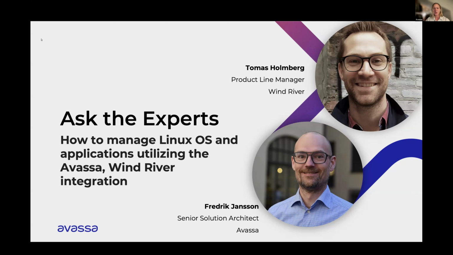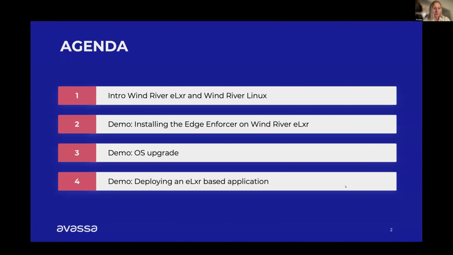So we have a bunch of topics to cover today. Fredrik, you can help me keep everyone up by moving to the next slide. First, we're going to hear a little intro about Wind River Elixir and about Wind River Linux from Tomas. And then follow three different demos. We're going to look at how you install an edge enforcer on Wind River. We're going to perform an OS upgrade, and we're also going to look at deploying an Elixir-based application using the